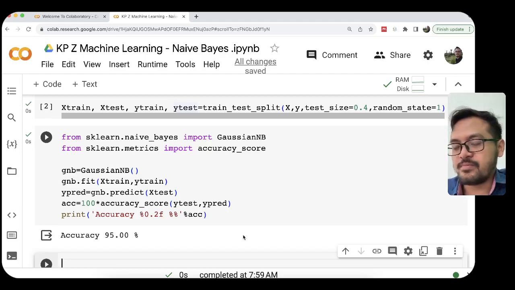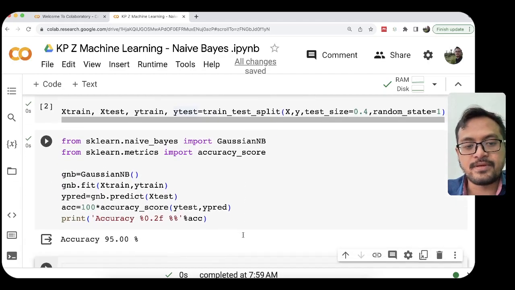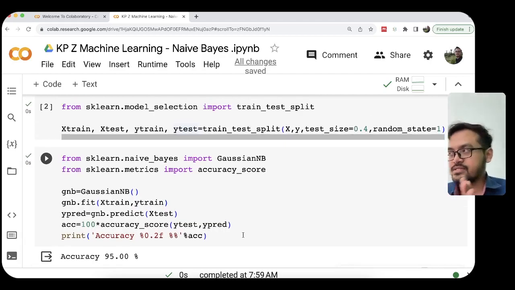But actually naive Bayes can solve the problem for datasets that contain non-numerical or non-continuous values for the features, right? But in this case we use Gaussian naive Bayes. Okay, you can try to implement this code on your Google Colab. I will give you maybe 5 minutes, then we will continue our discussion at 8:05.